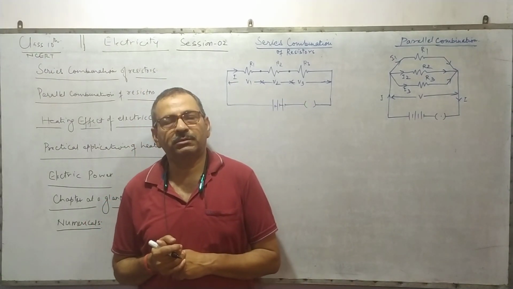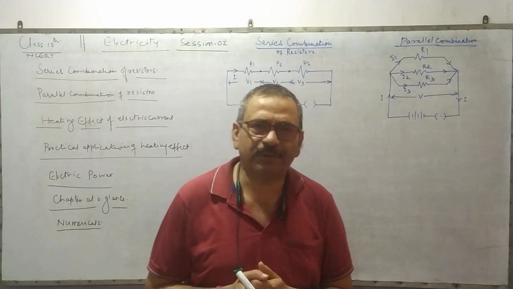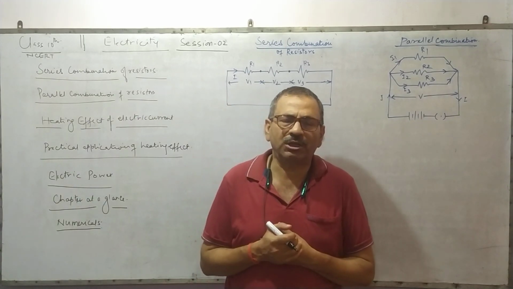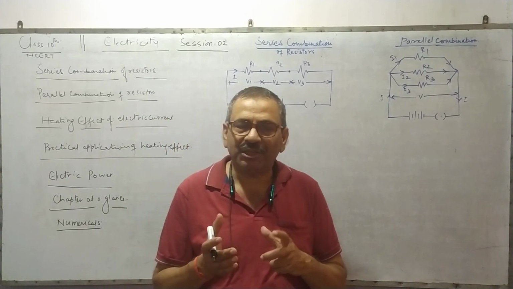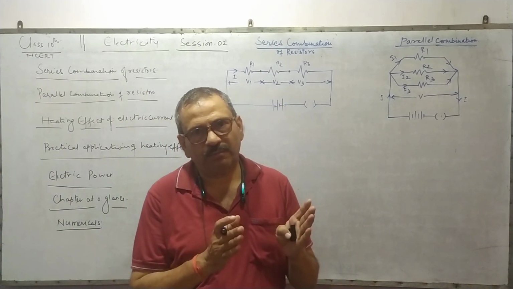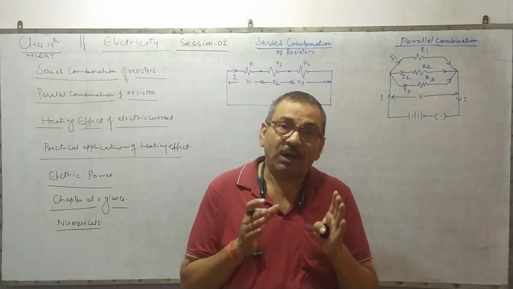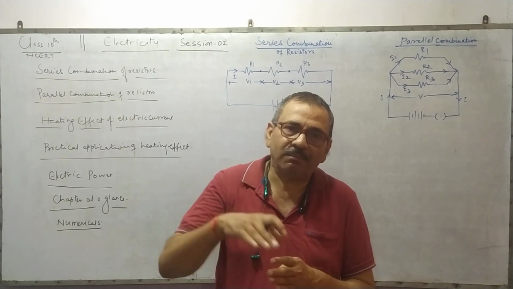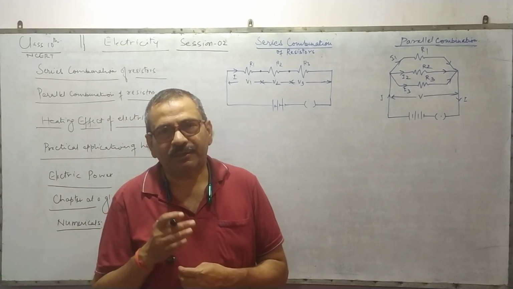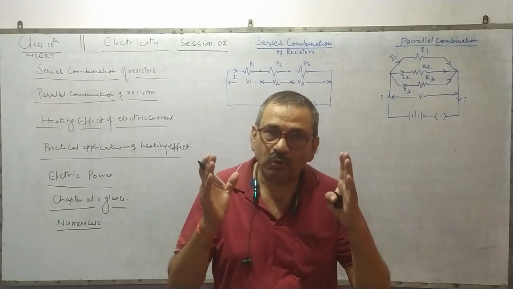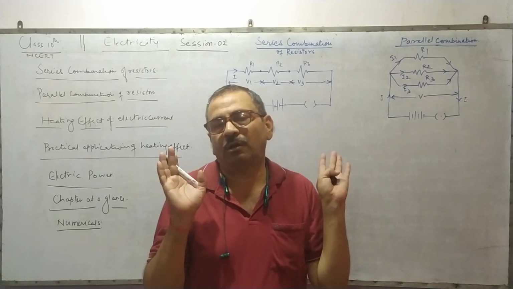In session 1 we have studied what potential difference is. What is the role of potential difference? As heat flows from a body at higher temperature to another body at lower temperature, as water flows from a place at higher to lower, similarly, electric current flows from higher potential to lower potential. So, if there is no potential difference, no current flows at all.